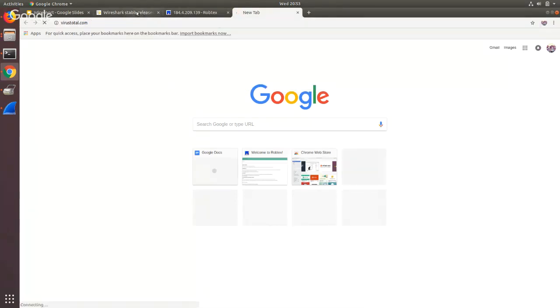Also, investigating alerts without full packet capture is kind of an art. There are multiple ways to do this. If you have things you want to throw in that you've done in the past that have been helpful, feel free. I'm just walking you through the steps I typically take. So while we wait for that to load,